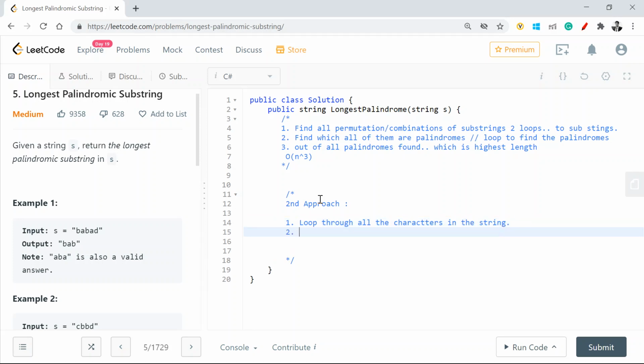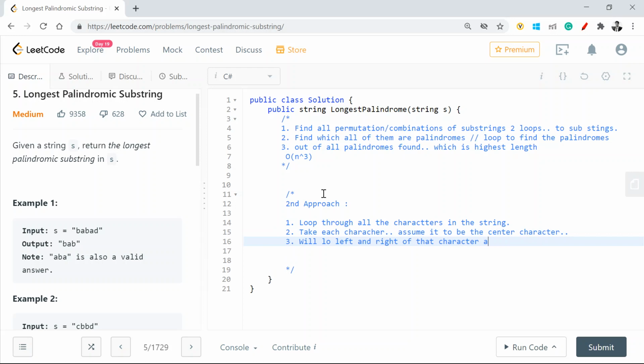Then we'll take each character and assume it to be the center character. Then we'll go left and right of that character and compare the values.